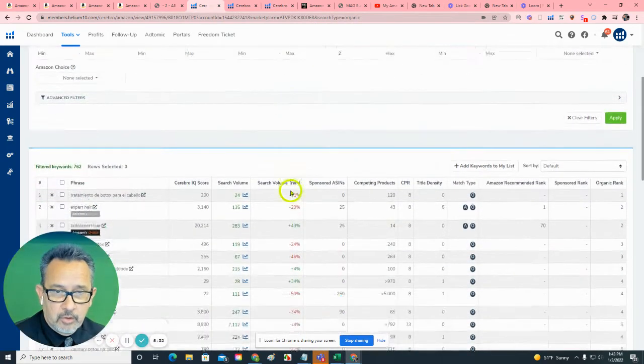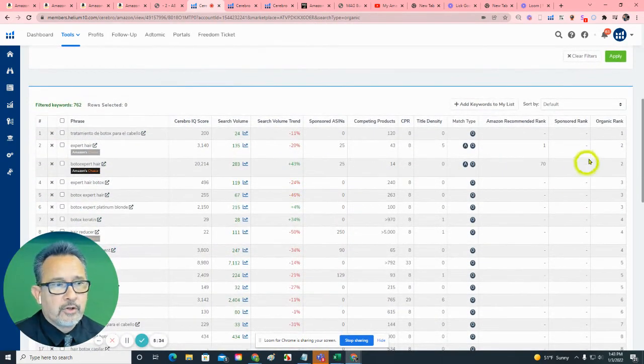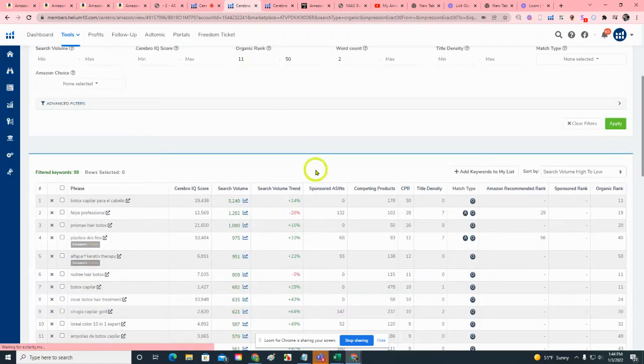Let's go a little bit further and find out what words are trending. You are only in the organic rank position number one for one Spanish search term. You'll notice also that most of these search terms are very low. These are in the hundreds. Your opportunity that you have is to